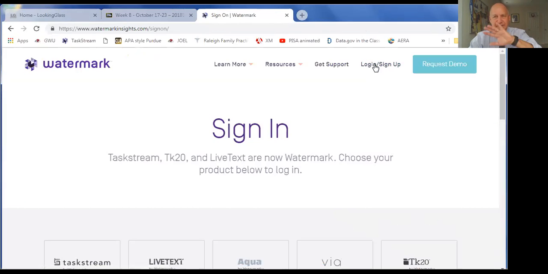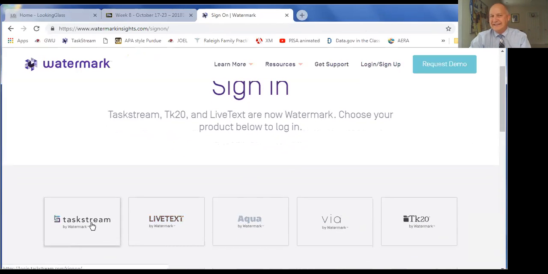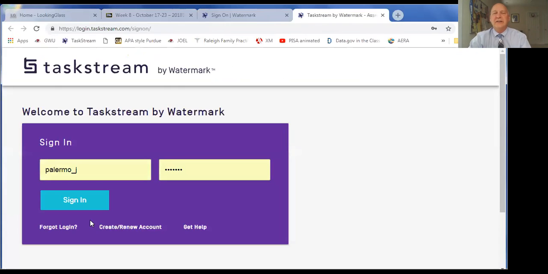Watermark is the parent company that has bought TaskStream, but when you get to the Watermark page, here is TaskStream, and you want to log in there. Here is where you will need to put your individual login and password. And you're going to use this for 6 semesters, so become accustomed to TaskStream and the things that you're going to need to load here. But step 1 is to find your sign-in and password, and maybe change those, but get them from Seth